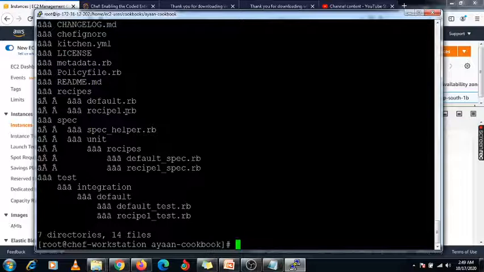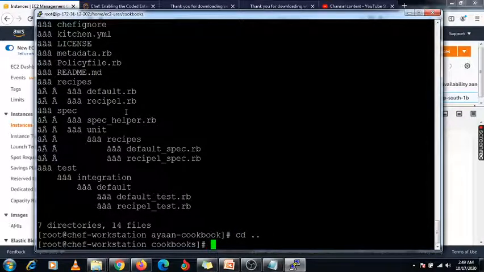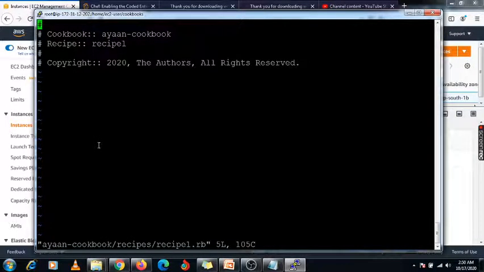So now we can create some data inside my recipe 1. How can you do it? Go under this cookbooks directory. This is my cookbook directory. Here you need to mention my Ayan, here my recipe, and you need to specify the recipe which you want to edit. Okay, so this is my recipe 1.rb. Here I want to specify some data inside that recipe. So go to the line below.